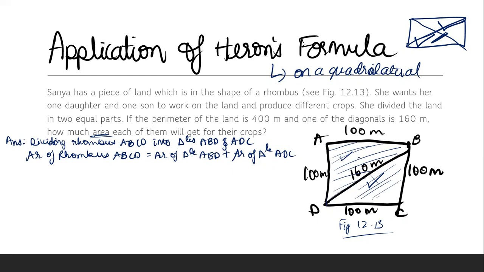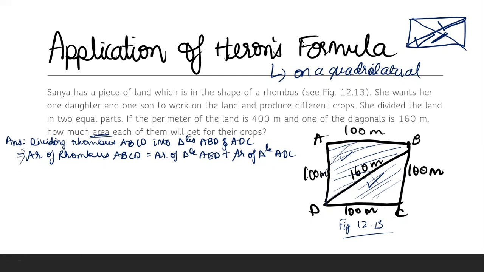Okay. So we don't want to waste our time like that. Therefore, we will just find out the area of one triangle, and that's enough. We will find out the total required area. Okay, so now actually we don't need to find out the area of the rhombus. This I just wrote for your information. Okay, what are we told to find? How much area will each of them get?